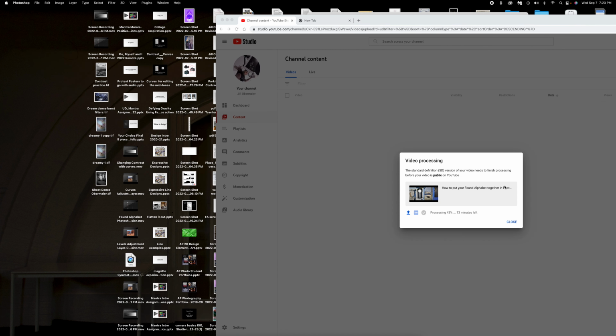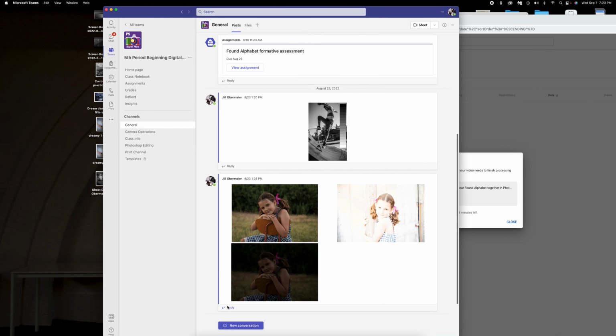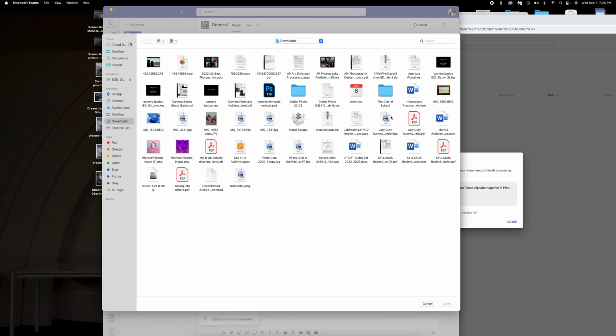but the reason I'm asking you to save your final version as a JPEG is when you go to Teams, I would love to see these, okay? And I am going to ask you to go to the general channel here, and you are going to start a new conversation and type in selective color. Okay, and you can upload this to your computer, so I'm going to type in selective color,